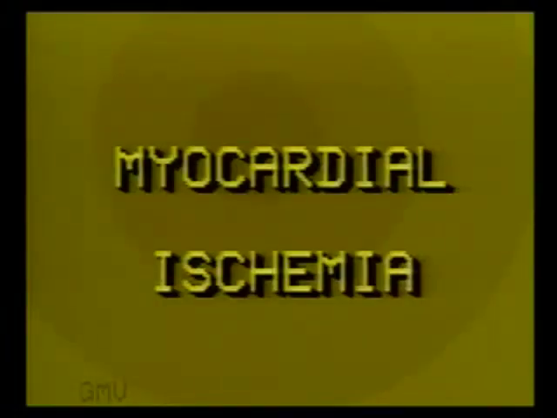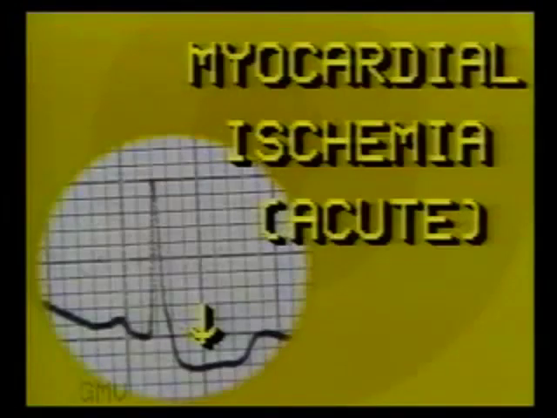Myocardial ischemia. Acute myocardial ischemia. For this, we will consider a patient with atherosclerotic narrowing of the coronary vessels. He is comfortable at rest, but on exercise gets anginal pain. What happens is that after exercise, the myocardial demand increases, but sufficient blood cannot reach the myocardium due to partially